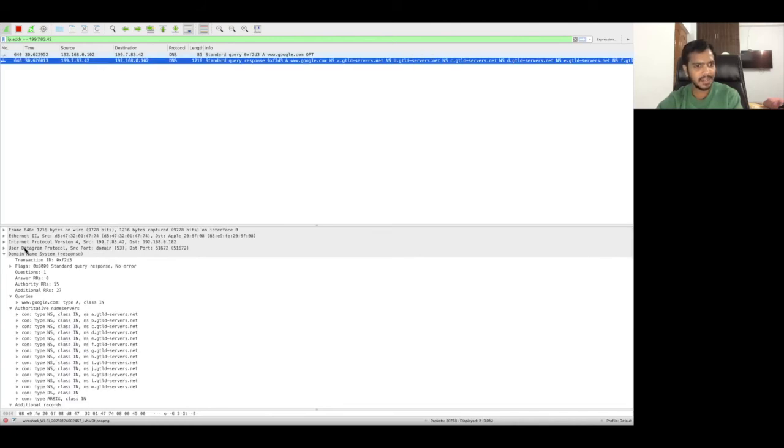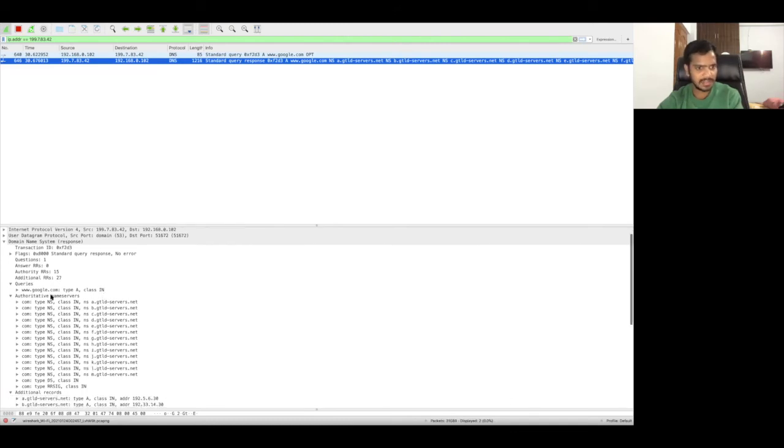Response is big. Of course, again, you can see the IPv4 address. Now it will reverse. Port numbers again will reverse because the reply is coming from the root DNS server. And you can see again, flags are there, no error. There is no error here. And again, UDP is used here. If you see again, in the reply also, questions is 1, answers is 0, authorities is 15, additional is 27. And you can see the query again here, but you can see the answers.